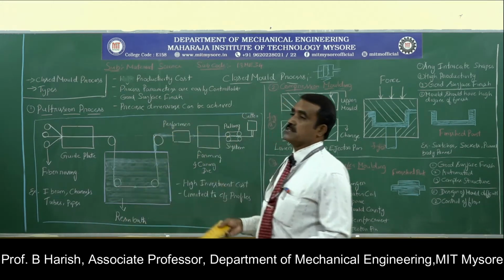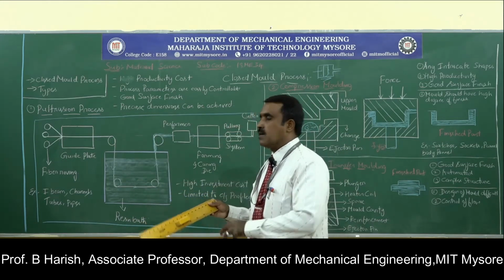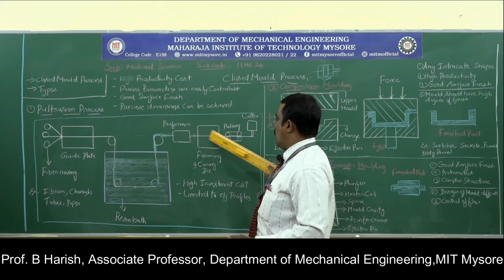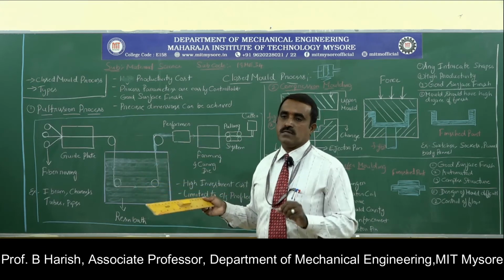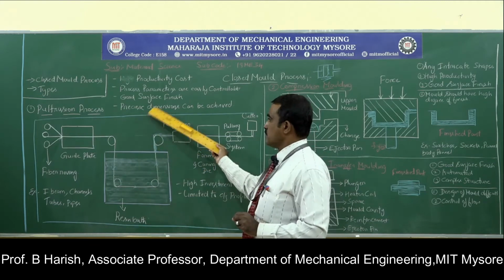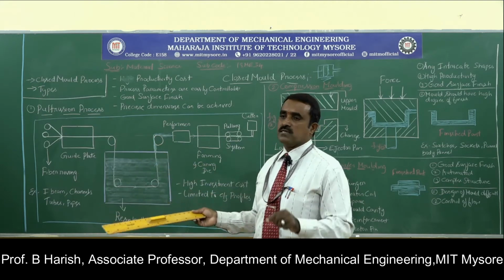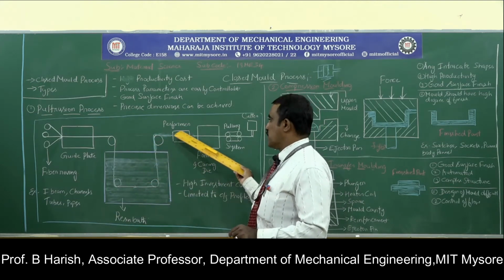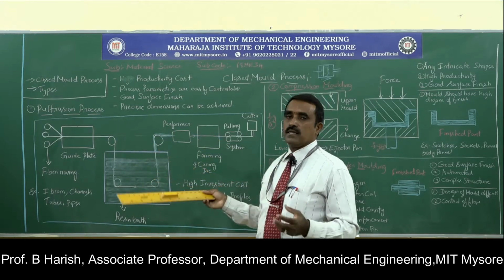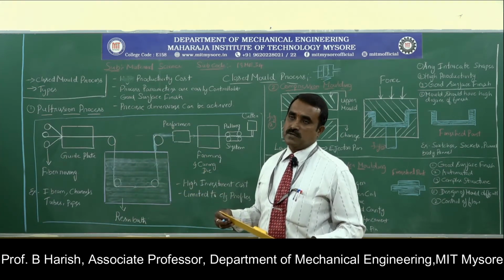Next one, good surface finish. Since the resin gets coated over the fiber by the process of movement along the path and comes out, we can get a very good surface finish on the composite material produced by this method. Next one, precise dimensions can be achieved. As I just mentioned, thickness. Whatever thickness is required, I can squeeze so that I arrive at that thickness, and depending upon the die opening, I can get that precision on the composite material manufactured.